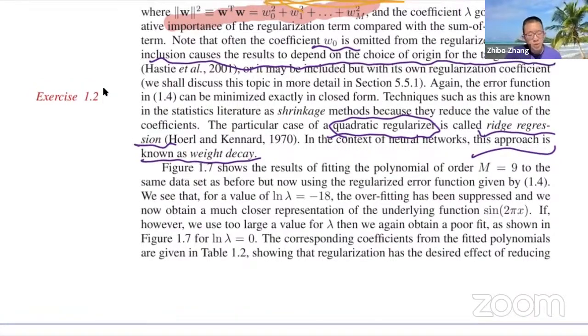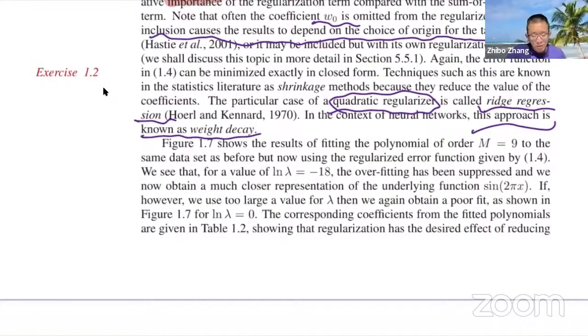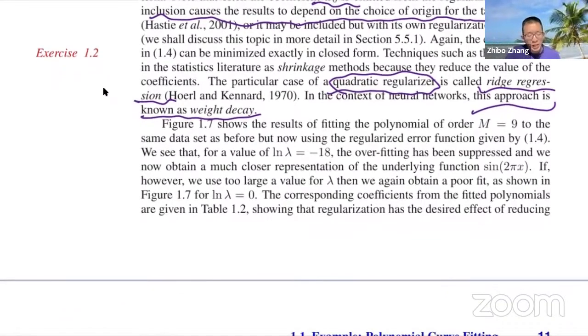Figure 1.7 shows the results of fitting the polynomial of order M equals 9 to the same data set as before, but now using the regularized error function. We see that for a value of log lambda equals -18, the overfitting has been suppressed, and we now obtain a much closer representation of the underlying function, sine 2πx. If, however, we use too large a value of lambda,